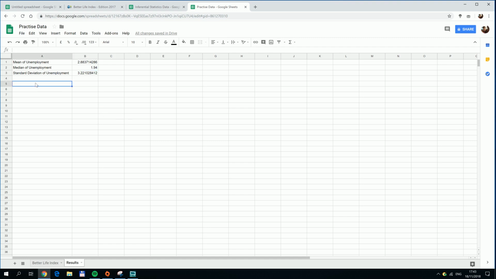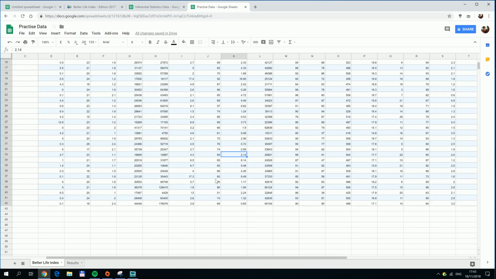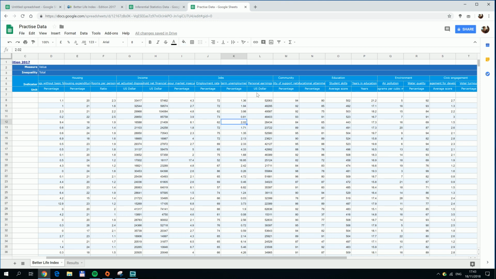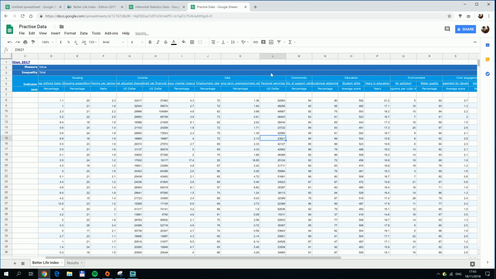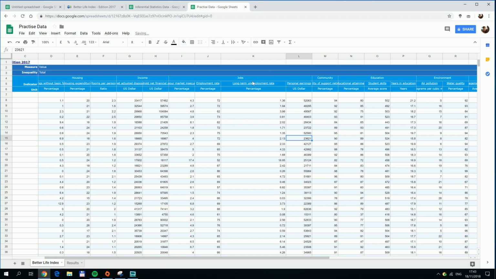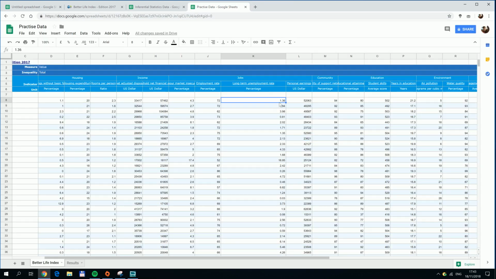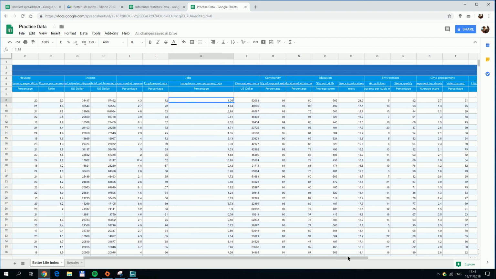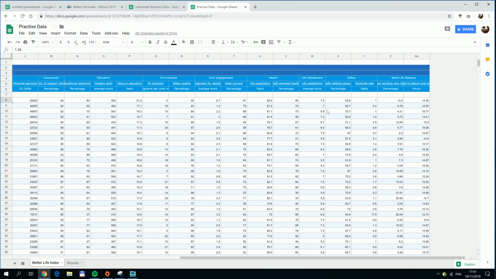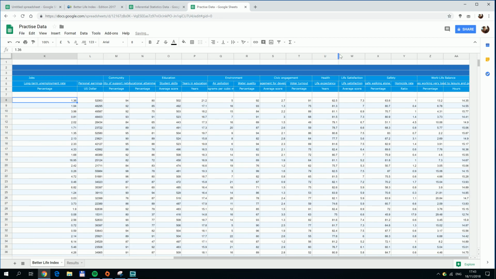The other thing I would like to do is a correlation. So correlation is telling you how much two variables are related. Before we start, let's just have a look at some variables that we might want to work with. So let's say we'll do long-term unemployment, and let's correlate it with, what do we want to know? Life satisfaction, right? So maybe people who are in countries where the unemployment is quite high, maybe people are less satisfied. So,